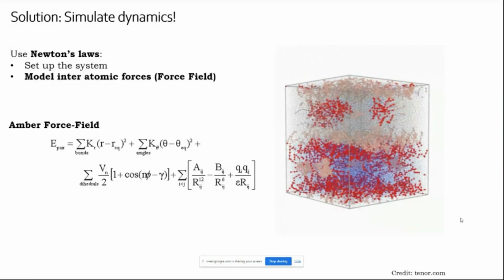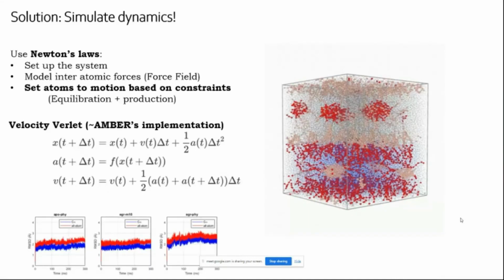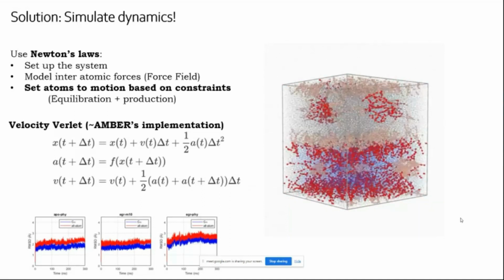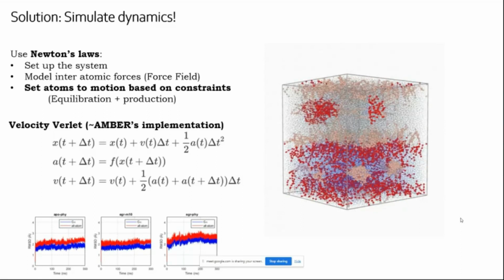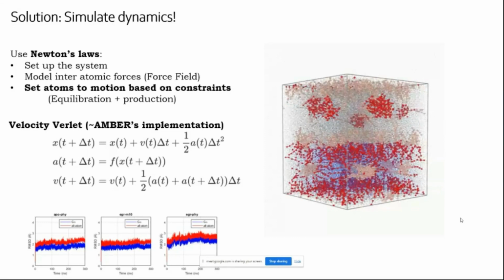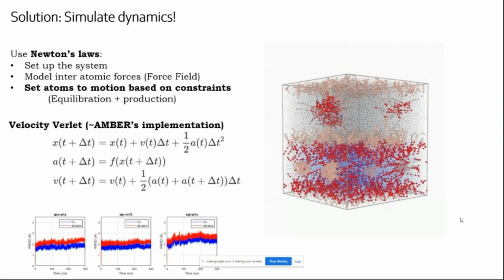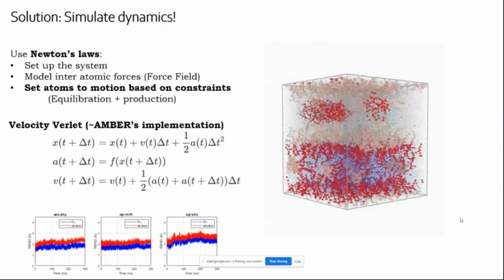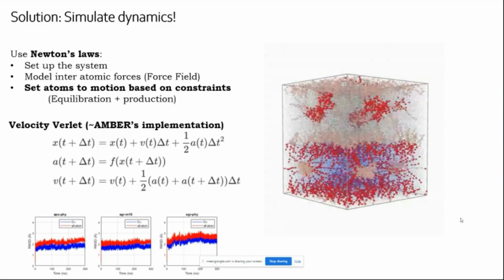So the first step was to set up the system, put atoms where they should be to begin with. Then we set up the forces that interact, and then we set the atoms in motion. We say move. So how do they move? They move because we tell the computer what the new coordinate should be. How do we do that? Again, this is a consequence of Newton's laws. We'll not get into why this is correct, but